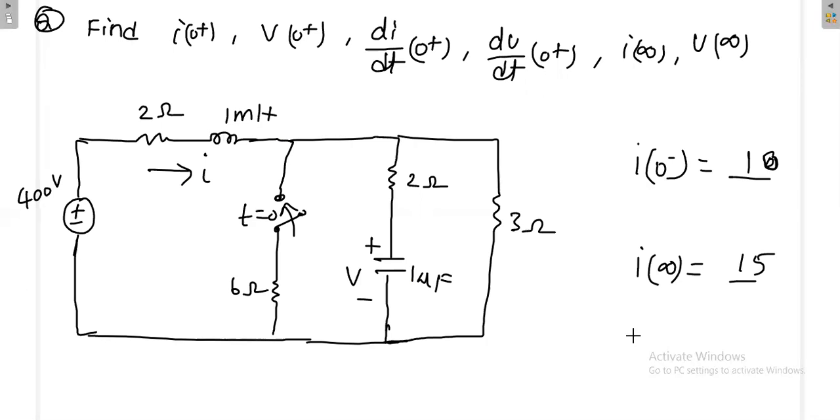That is the idea. That means what? Surely di/dt is positive or negative? Positive. Negative. Final current is high, initial current is low, then the slope is positive. Please remember this. Study the slope concept a little. So the slope is positive. Suppose if the final current is less than the initial current, then the slope is negative. But in this case, the final current will be greater than the initial current, then the slope will be positive.